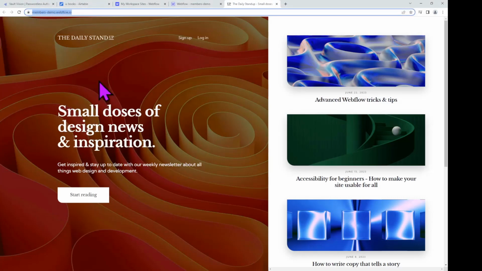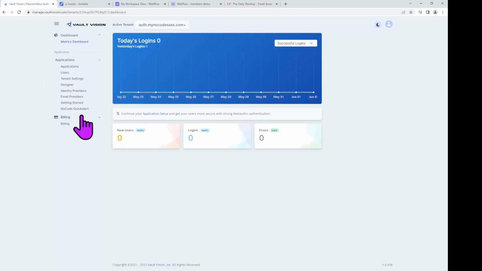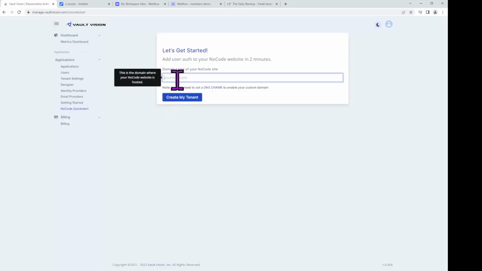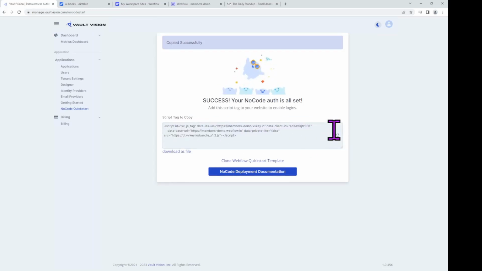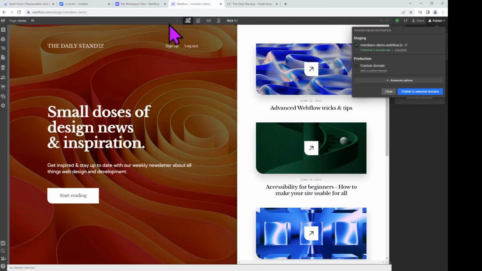Now we're going to take this website name, we're going to come to Vault Vision, and we're going to create our auth tenant using this no-code quick start. So all we need to do is put in the name of our website and create our tenant in this no-code quick start wizard. You can see we've got success. It's just that easy. And in order to tie the two together, we simply copy this script tag using this copy button, and that will put this script tag in our clipboard,